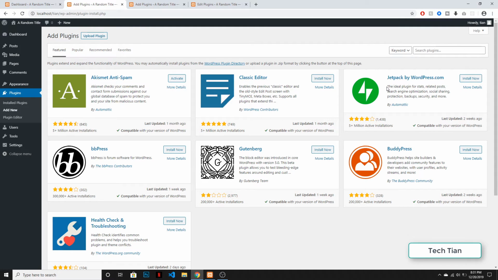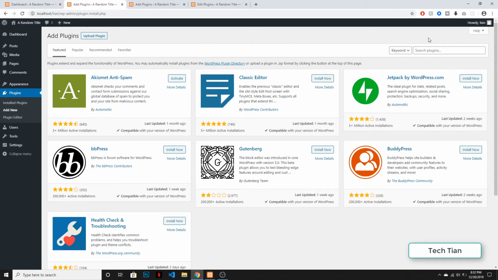This is Jetpack, which gives you search engine optimization and a bunch of other things for your website. This is bbPress, a forum software. These are not the only plugins. There are tons of plugins. So all you have to do is